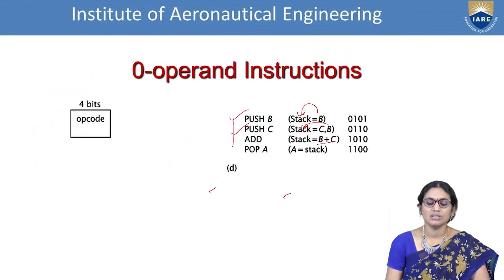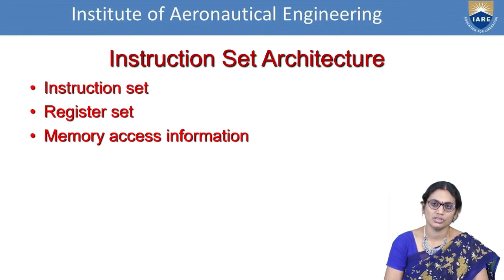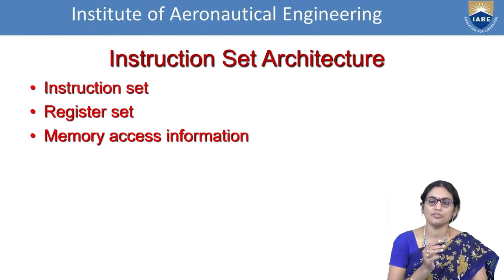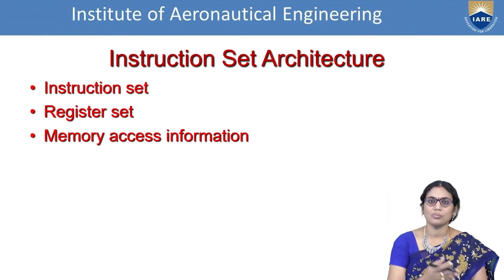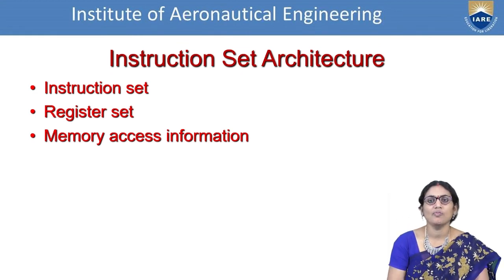So now the next one is instruction set architecture. What is the meaning of instruction set architecture? As I said earlier, the pen can be designed with a slim process, with a different refill type approach, with different approaches. So different models can be represented. Whatever the models you are writing, we have learnt about the instructions. We have learnt about how data is represented. Now we have to learn what size specification you need to maintain so that your instructions can be well designed. So in this aspect, we'll be learning about the context called instruction set architecture.